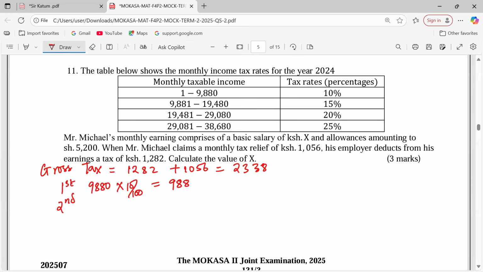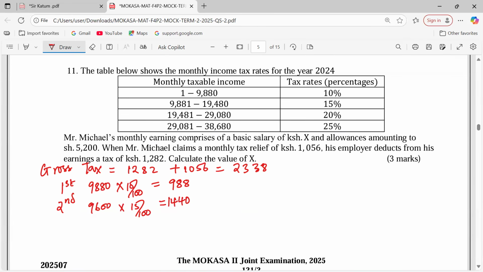This gives us 9600. 9600 is now being taxed at the rate of 15%. So at the rate of 15%, what are we going to get? We multiply by 15%. This gives us 1440. When we add 1440 and 988,